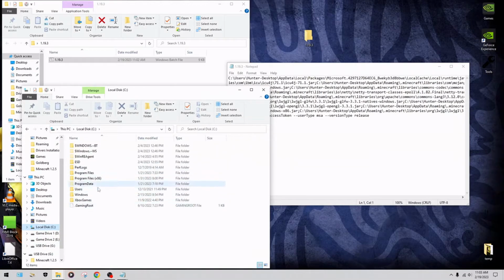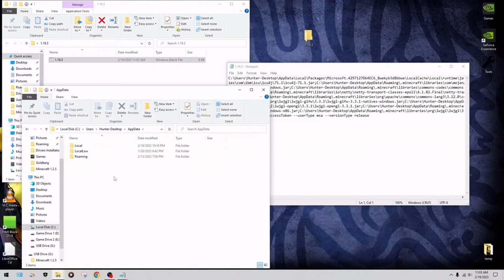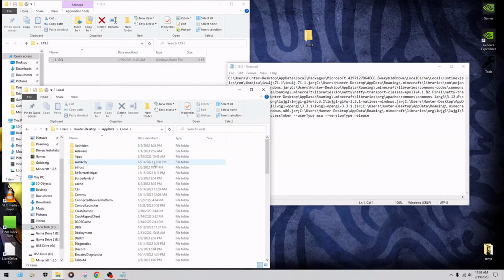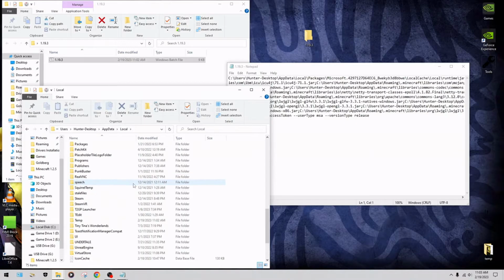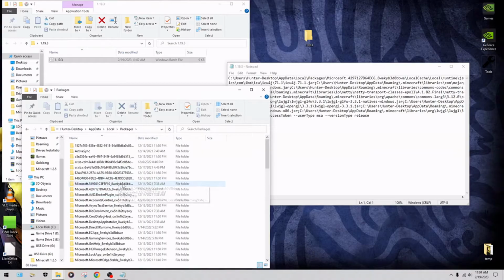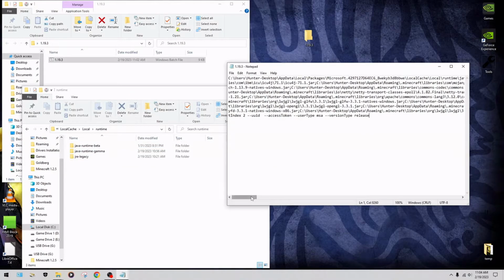C, AppData, Local, Packages, Microsoft, that's right, LocalCache, Local, runtime, and we're going to go to